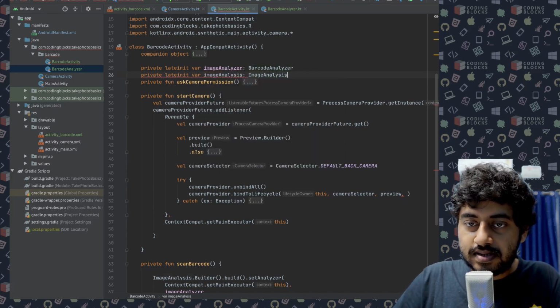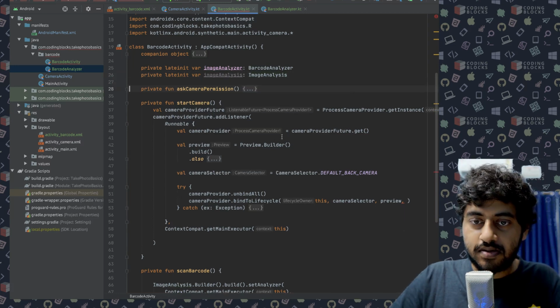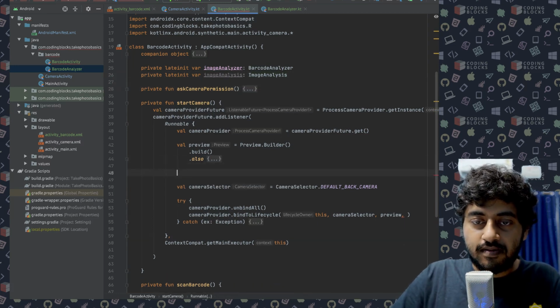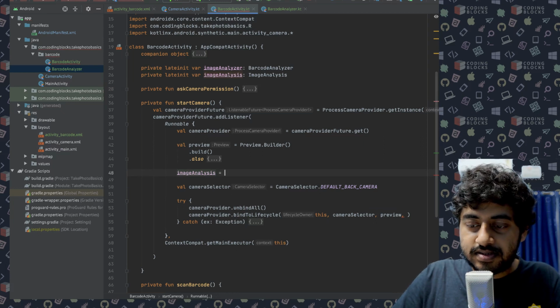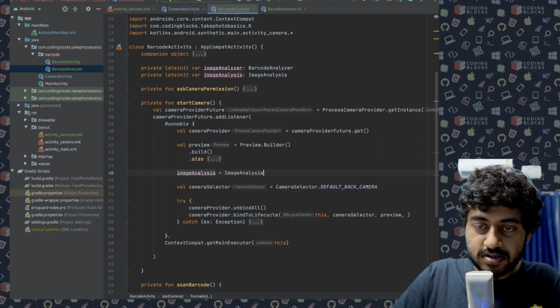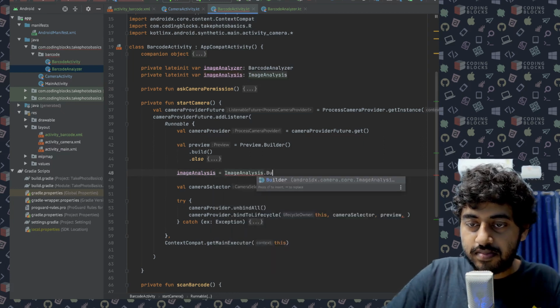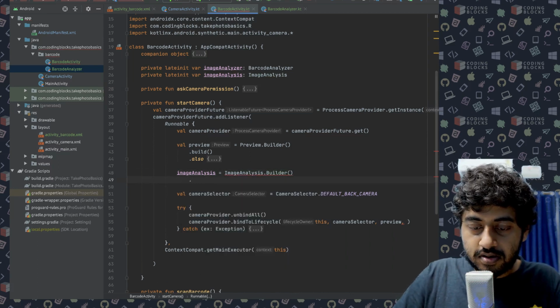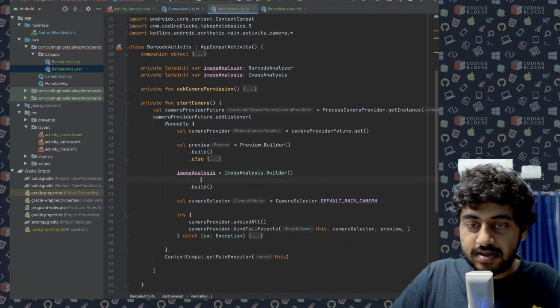So look at the image analysis thing here. Let's see what I'm doing. Then I will do image analysis equal to image analysis dot builder dot build.